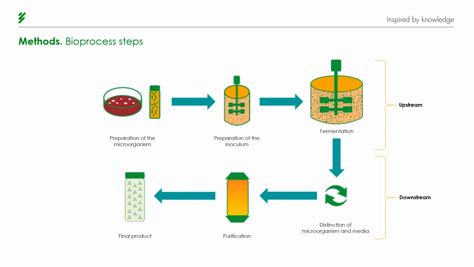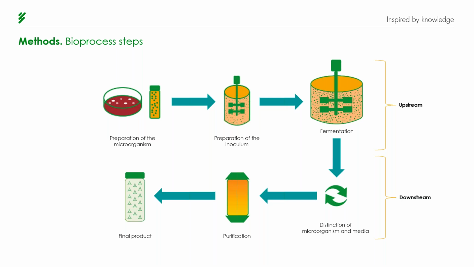And the last stage of the upstream will be the fermentation stage, where the API is produced. Usually, it can be in batch or fed batch schedule. The batch is a process where the necessary compounds are added at the beginning of the fermentation, and the fed batch is when the nutrients and others are added throughout the fermentation process.